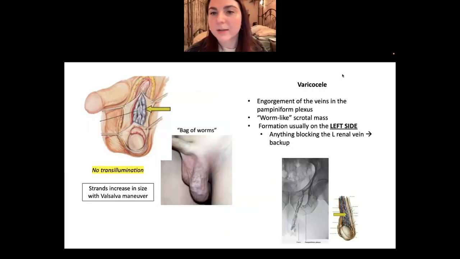All right, so here's varicocele. We're going to start doing pictures, so it's happening. Remember, like I said, varicocele is engorgement of the veins of the pampiniform plexus. So remember I said they look kind of like that. You can imagine when they engorge, the classic buzzword for this is a worm-like scrotal mass,